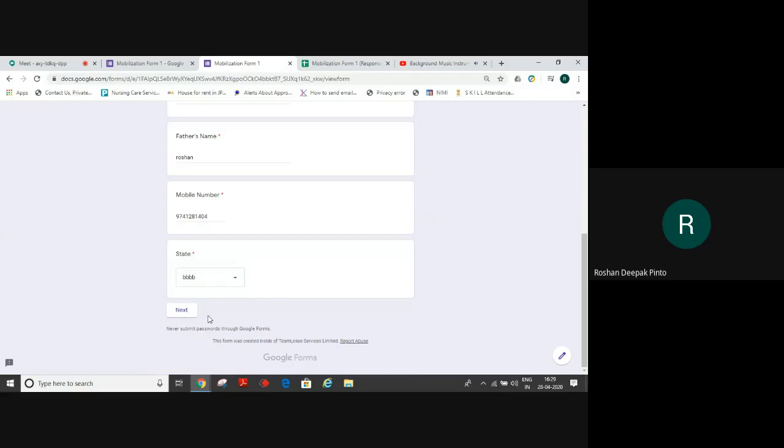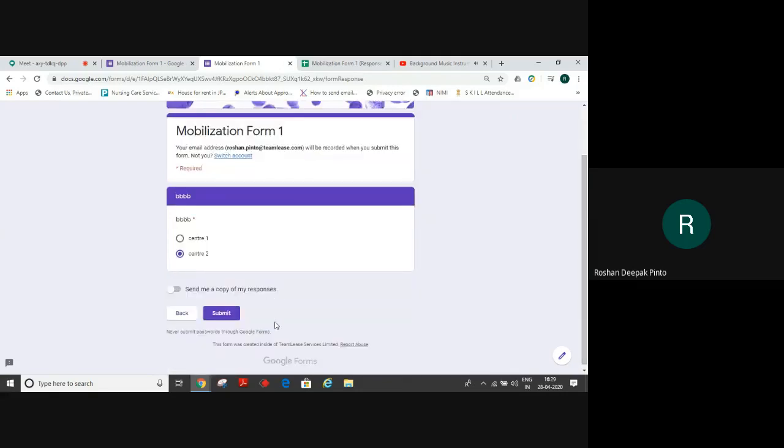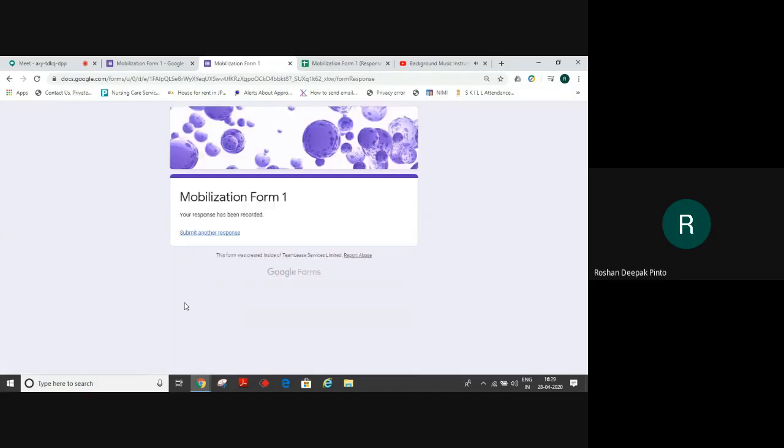I select the next state that is there in that and select next. So it has gone to that BBB state. Here I select second center. And if you want again to check that box of send me a response, you can do so. It will come to your mailbox. Submit. Now we go and see how the responses have landed in your response sheet.